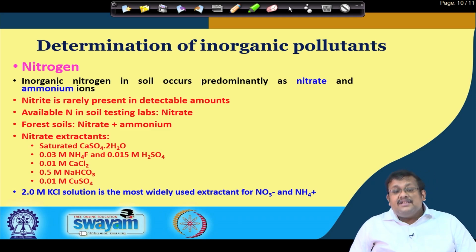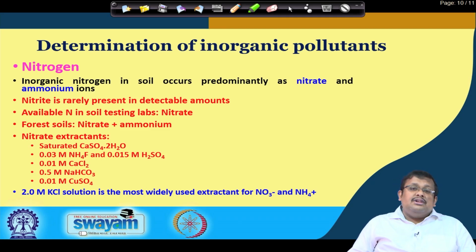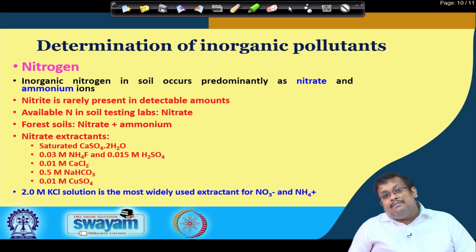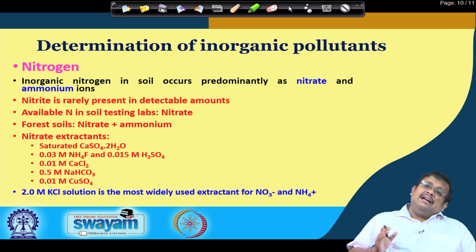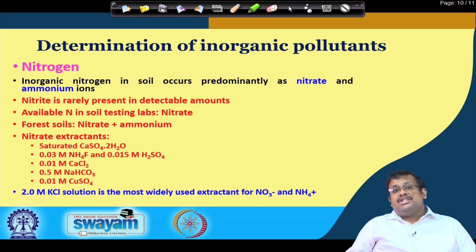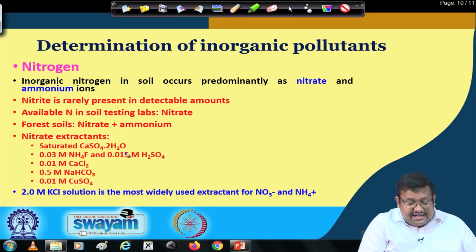For most soil testing laboratories, when we talk about available nitrogen, we generally test the nitrate concentration. However, in the case of forest soils, laboratories generally measure both nitrate as well as ammonium ions. Remember that for measuring the concentration of a particular ion, you have to add certain extractants. In the case of nitrates, some of the extractants are, for example, saturated calcium sulphate